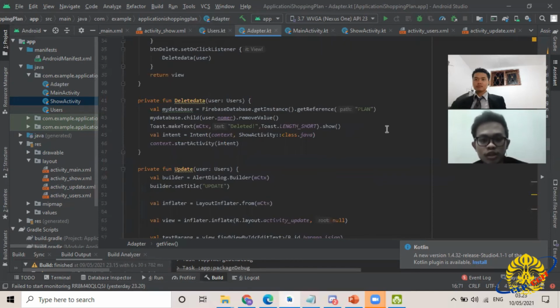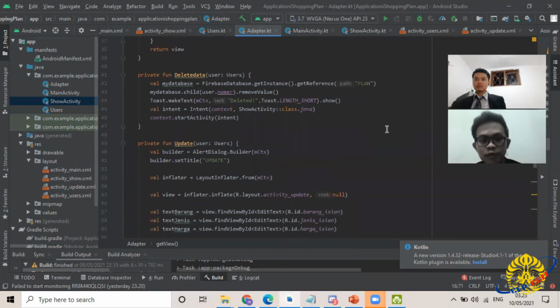This is removeValue to delete the value, and then we get a toast pop up saying deleted, and then we create an intent to start the activity to show the activity before. I think enough.